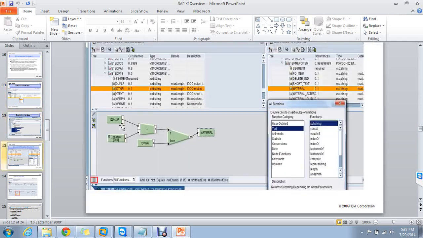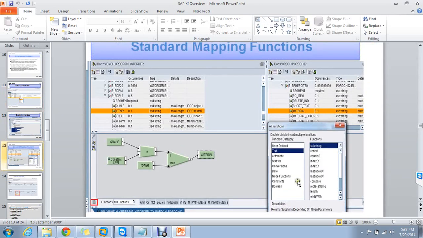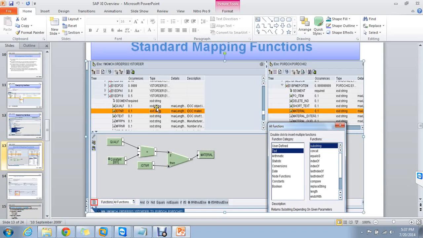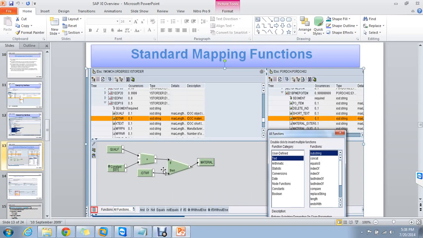Let's go here and see. This is mapping. This is the sender structure. This is the receiver structure. I am doing some transformation between these structures. To define the transformation, to define the mapping, to make some alterations on this data, SAP has provided a graphical user interface. You don't need to write any